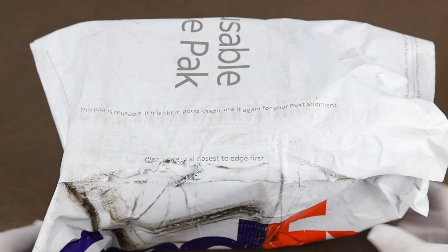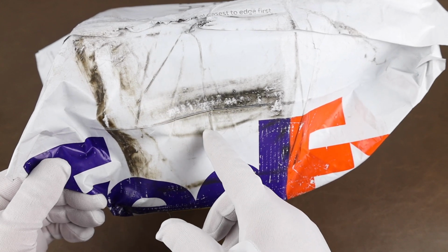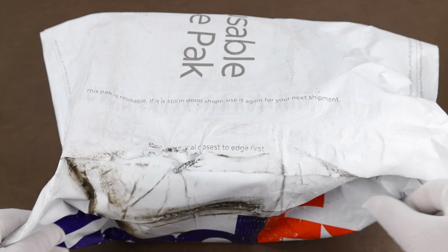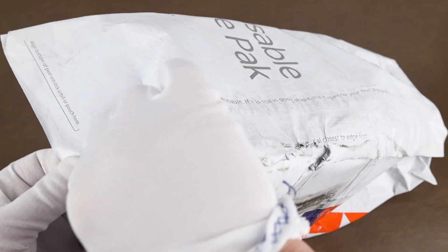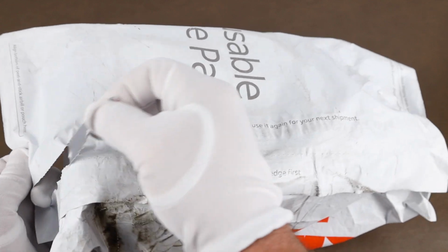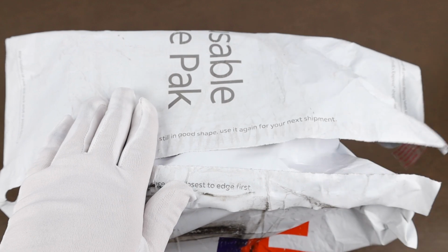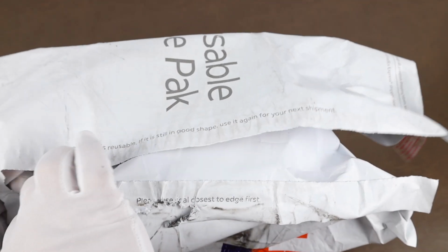Okay, so got a pretty large package here. Two times in a row, I recently did an unboxing with another watch that came from FedEx, and it showed up just filthy like this one, but that is all right. Let's rip into this thing. Because the package is so large, I may have to shut the camera off and readjust a little bit once we get into this, but